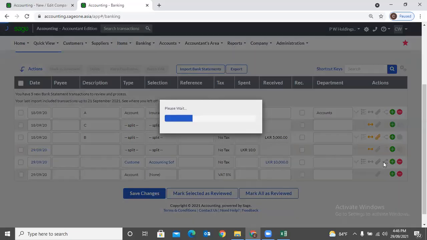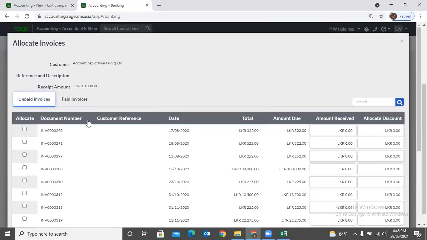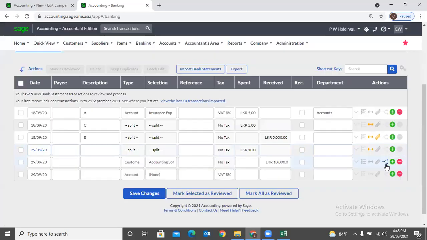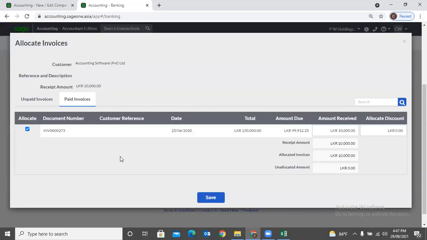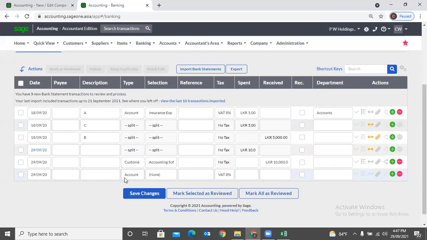If that customer has outstanding, you can select the unpaid invoices by clicking this round arrow. Okay, then you can view the unpaid invoices. You can tick the paying invoices, and you can settle those outstanding invoices. Same way,